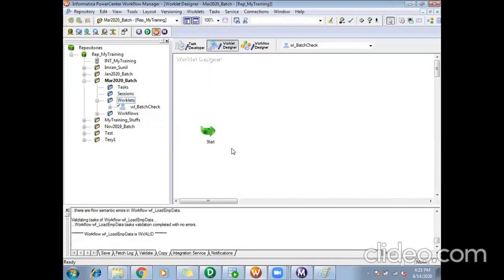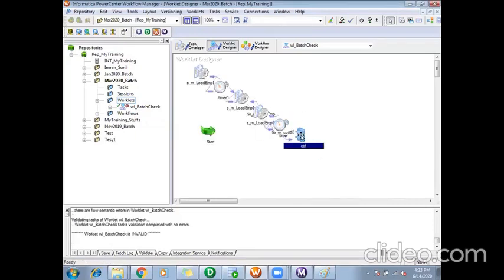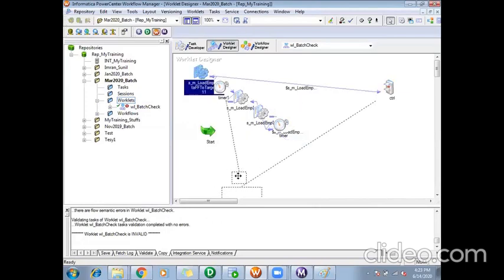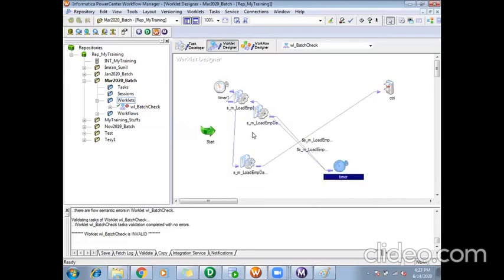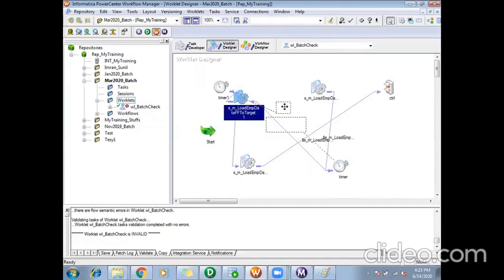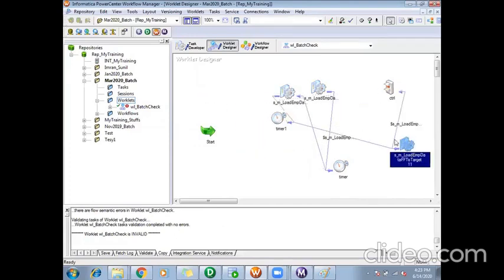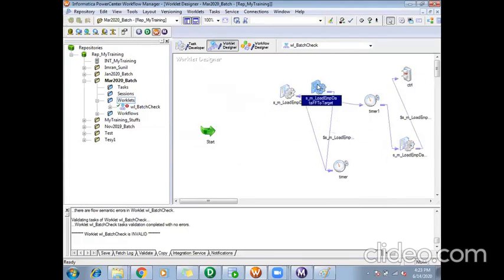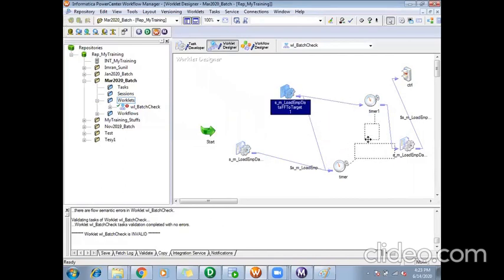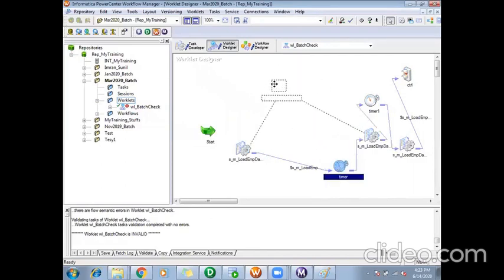I'll just copy all the components here. I'll arrange it so that it is easy for me to understand. Yeah, it was something like this.